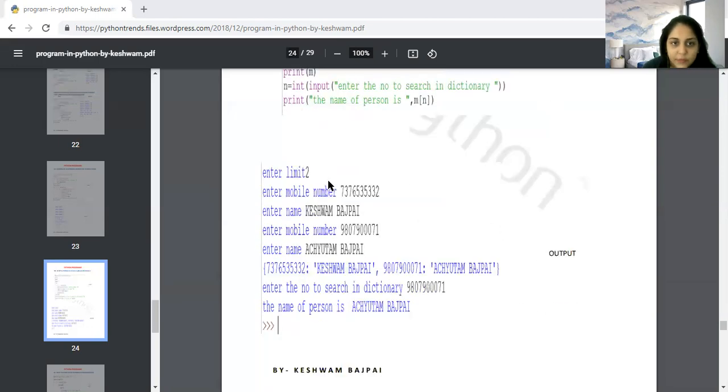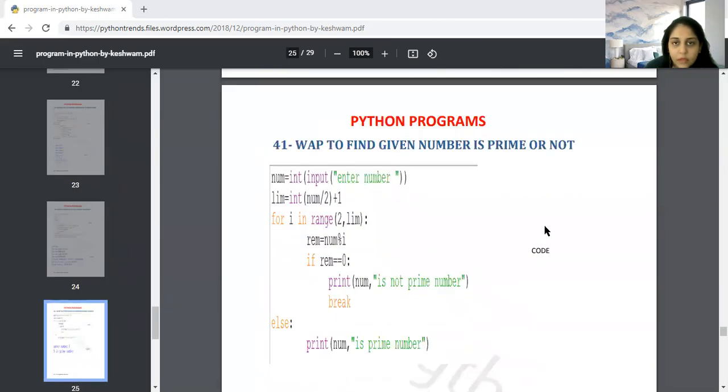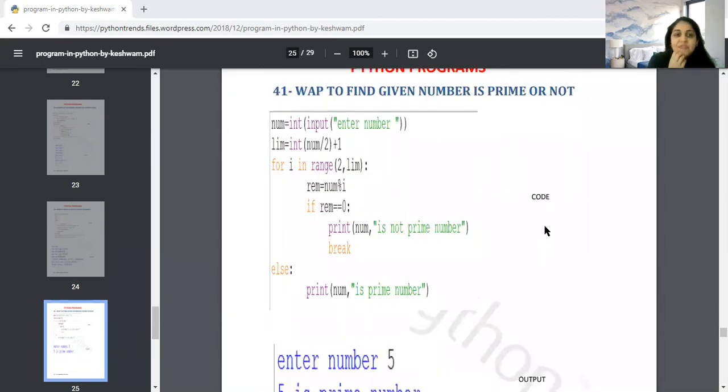Okay, let's look at another program. This is prime or not prime. So over here, again, we are taking the number from the user. We are setting a limit that is 50%. And in case it is an odd number, I'm adding 1 to it. And then I'm saying for I in the range from 2 to limit,